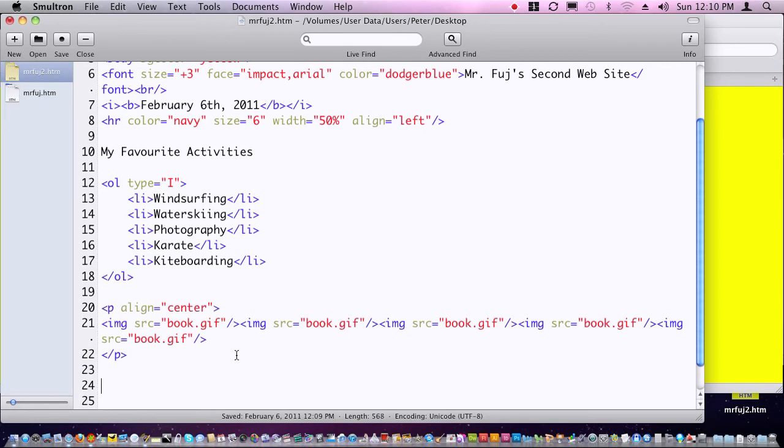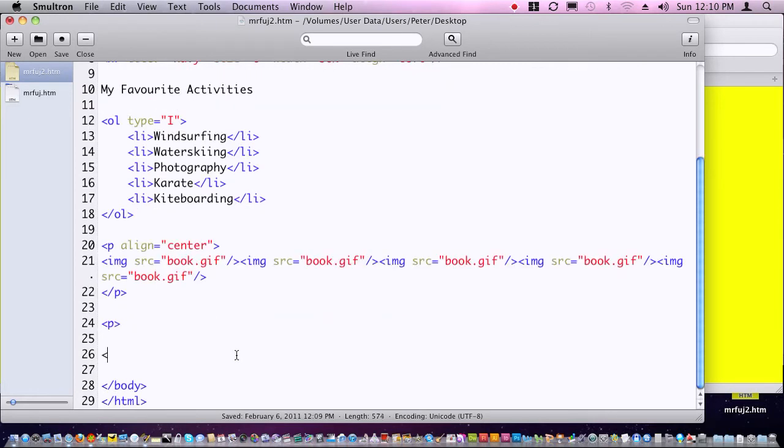Okay? And so what I'm going to do again is put in paragraph tags, and the closing tag again. And then I'm going to put the link in here. The link tag is called the anchor tag. I put in an A, and I'll put in immediately the closing tag A. And the way I link, obviously you need an attribute for this. So I'll put in a space here. The attribute's called HTML reference. So it's href equals, and then in quotes, all I have to do is put in the page that I